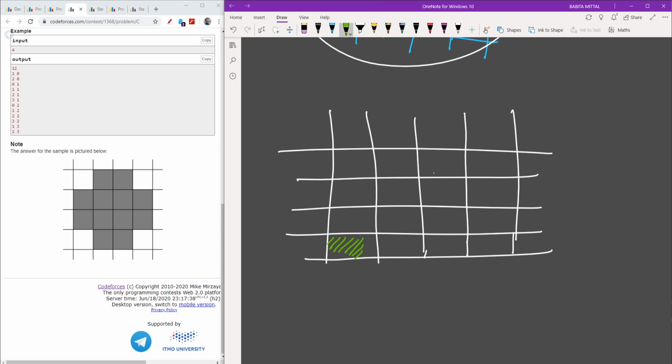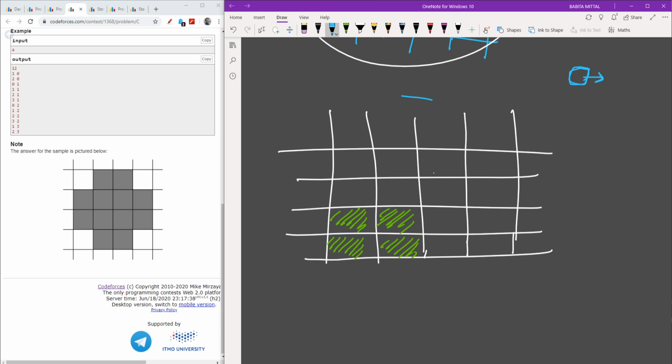Suppose I fill this, this, this, and this. So up till now I have not obtained any cell which has all its neighbors gray. But I have one condition in my mind, that a cell which I add should have at least 2 neighbors in its surrounding.